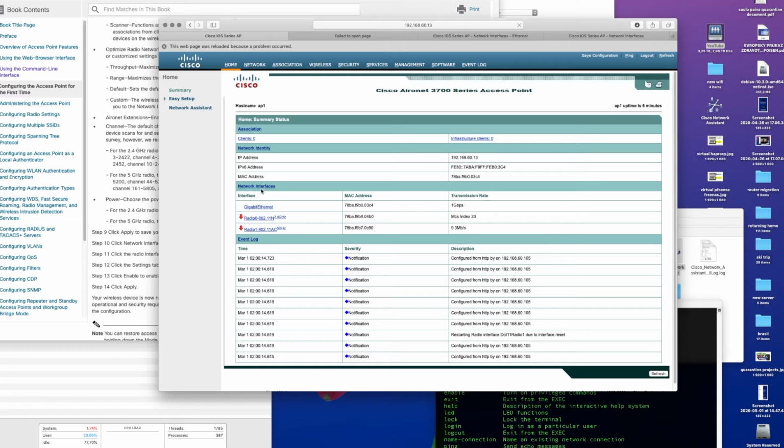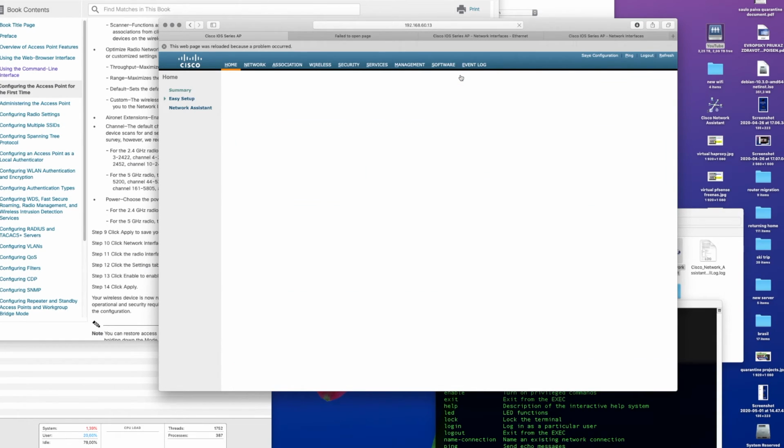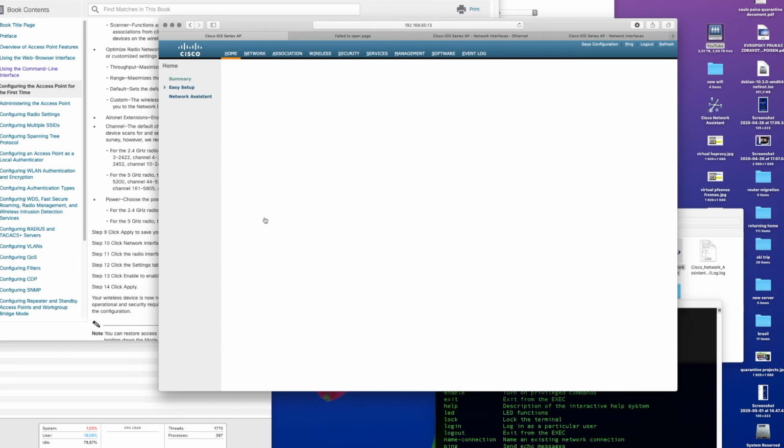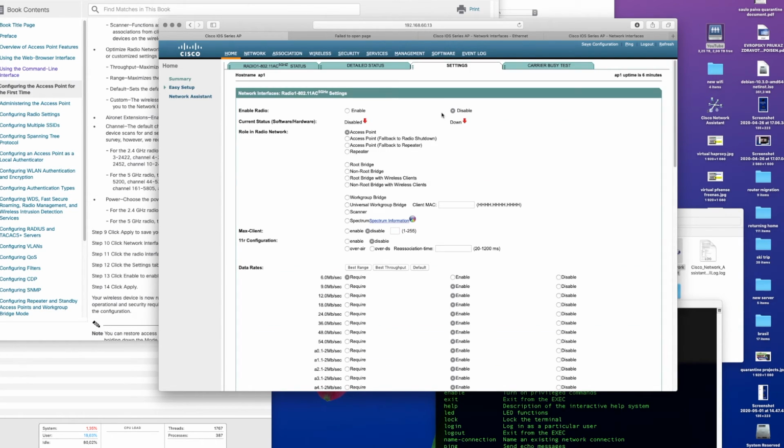Oh yeah, you have to click here on the radio. Go to settings. Wait, because it's awful. This really takes a while. Go to the radio. Go to settings. Enable it here,